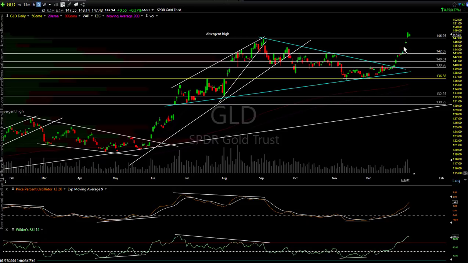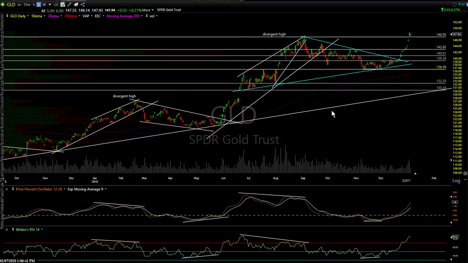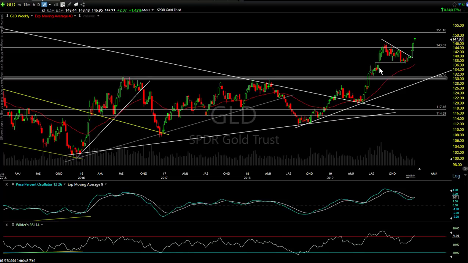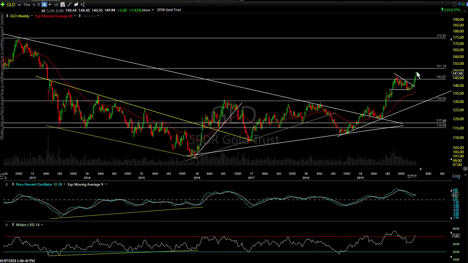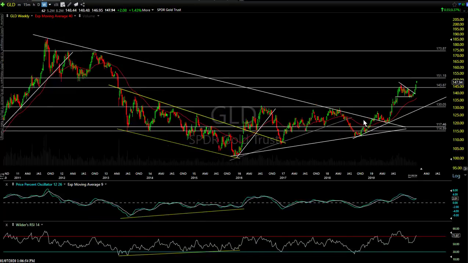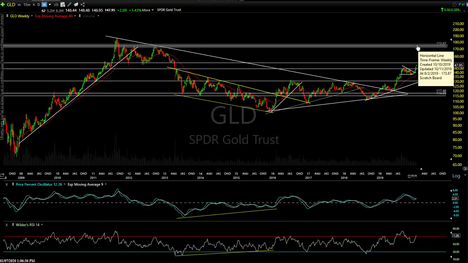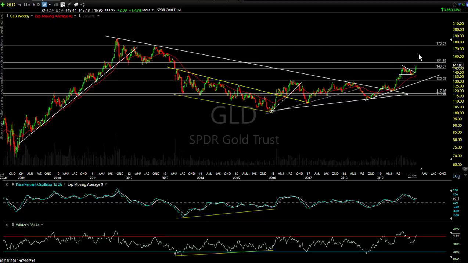But as of now, like I said, the impulsive buying, nice volume, trend indicators back bullish, and again, it meshes with the long-term scenario I've been talking about for a long time. I just jumped to a weekly chart here. There's that consolidation, and this looks like we've started the next leg up in the bull market. Constructive looking indicators here on the weekly chart. My long-term, initial bull market target still remains 173.87 for GLD. Like I said, a little more upside.